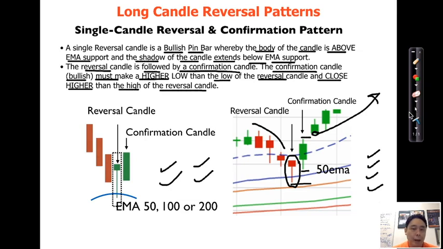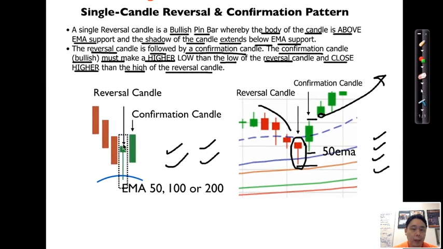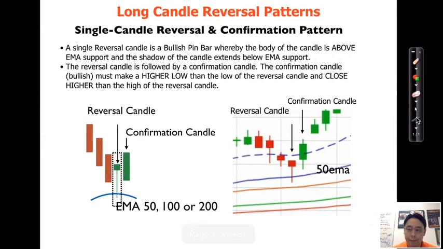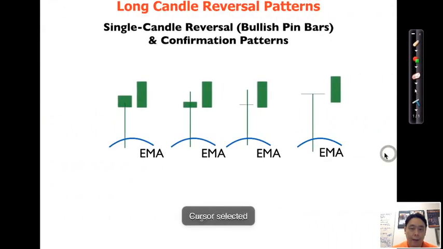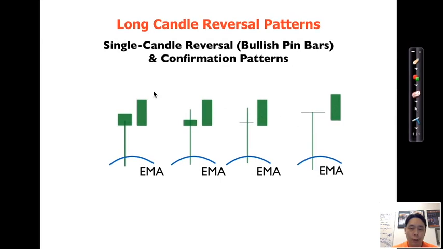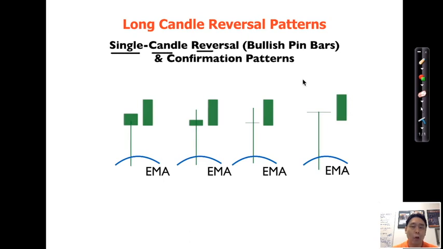Now, a common question I'm asked is, again, the reversal candle, which in this case is a bullish pin bar, must it be a certain color? No, the color doesn't matter. It could be a red or green candle, as long as it's got a small body with a long lower shadow, that's valid. Okay? In fact, any of these four candlestick patterns are valid single candle reversal patterns